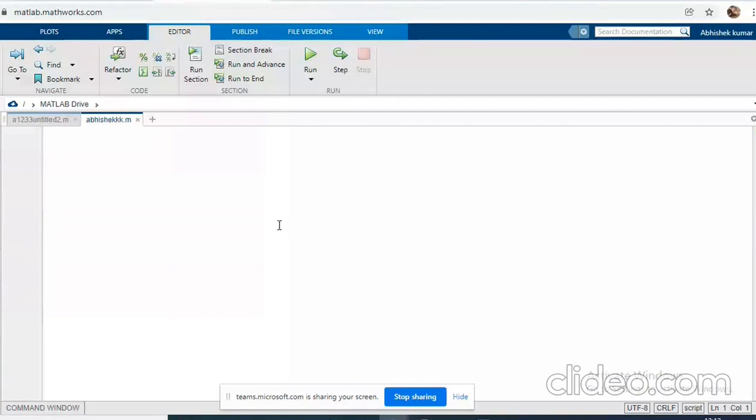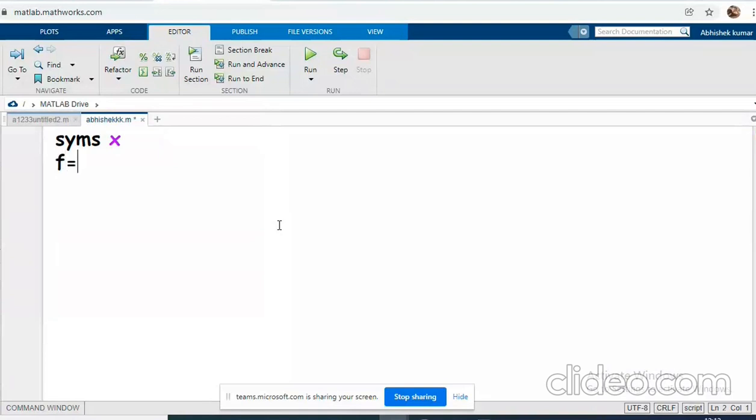So x is the variable here, so we'll define syms x. This is the symbolic variable, x is the variable here, right? So here we have two inputs. One input is the given function, and the second input is the particular point where we need to draw the tangent line.